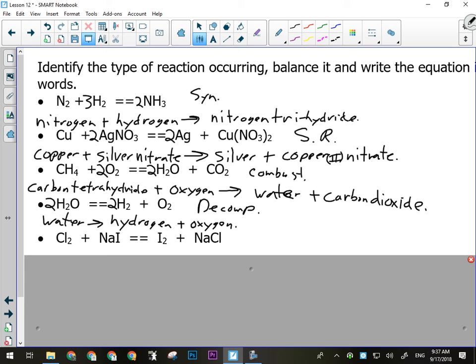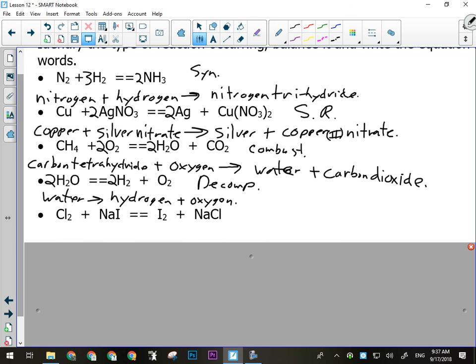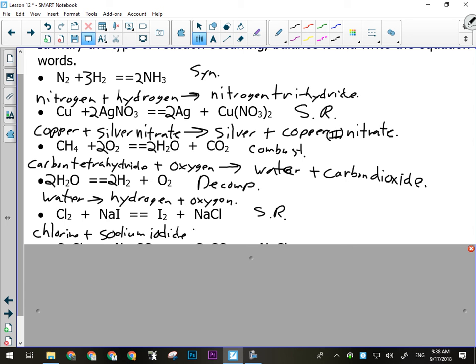All right, how many people have done this one with the chlorine? Okay, let's go over that one then too. What kind of reaction is that? Got an element reacting with an ionic compound. Single replacement. So in this single replacement reaction, we have chlorine plus sodium iodide